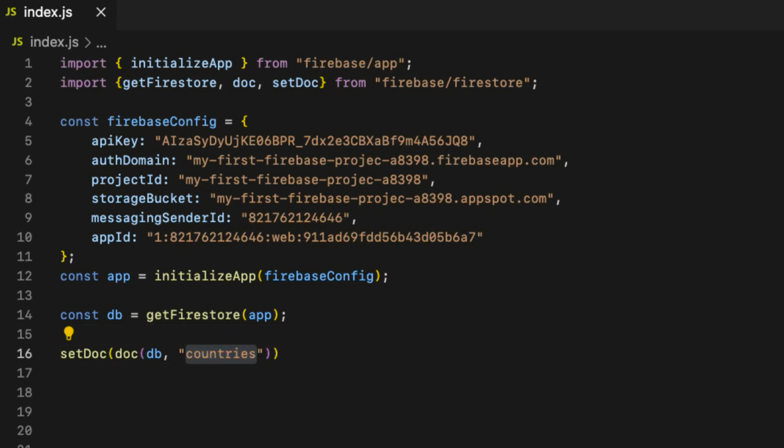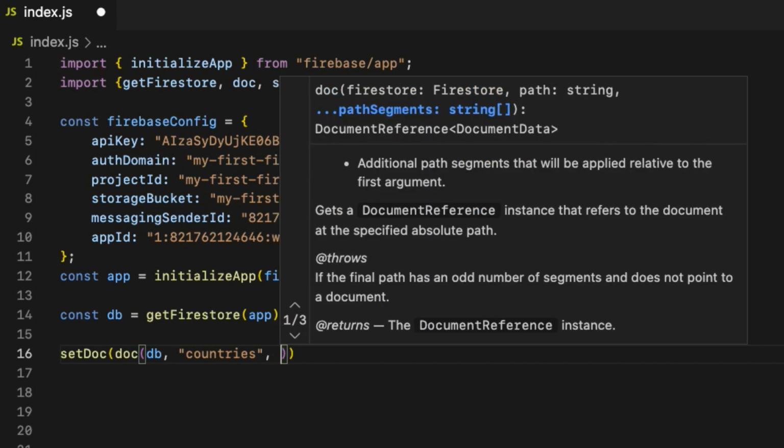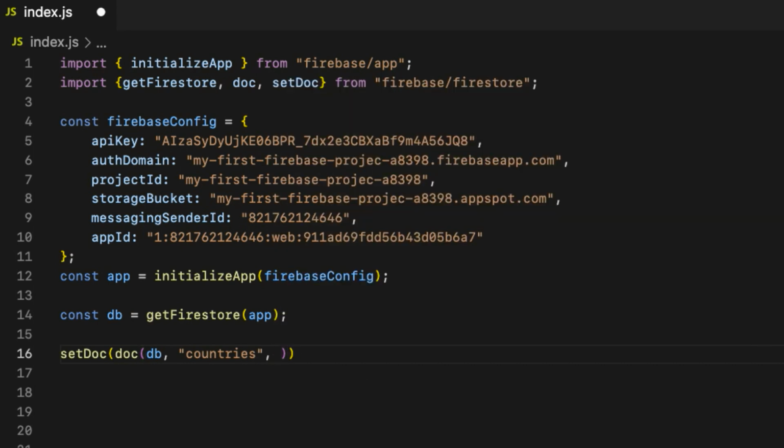When you add data to the Cloud Firestore, Firebase is trying to find a collection name that we specify here. If it cannot find one, it will just create a new collection called countries and will store our data inside it. The third argument is the custom document ID. You can pretty much add anything you would like. I'm going to pass some dummy email, like so.